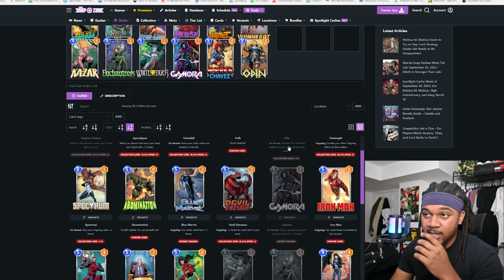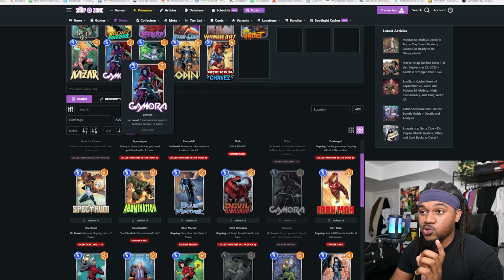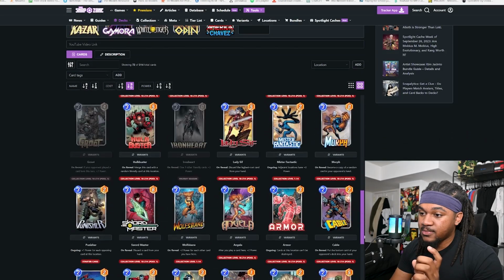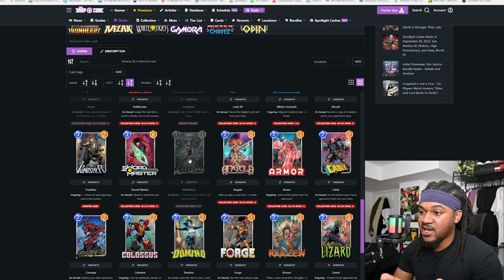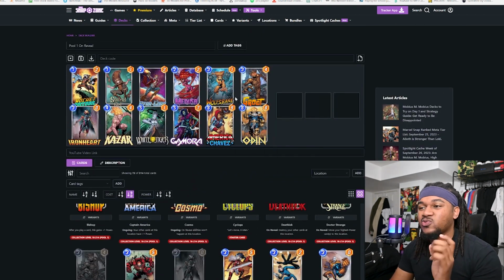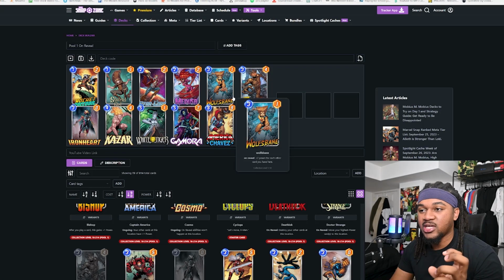Before we get into the next deck, if you didn't want to run Enchantress though, I would say a great alternative to her would be Wolfsbane, right? So his on reveal, or her, I think Wolfsbane is a girl, I'm not sure, but their on reveal ability is +2 when you play Wolfsbane, +2 for each other card you have here. So yeah, and I actually think this will work better than running Enchantress,